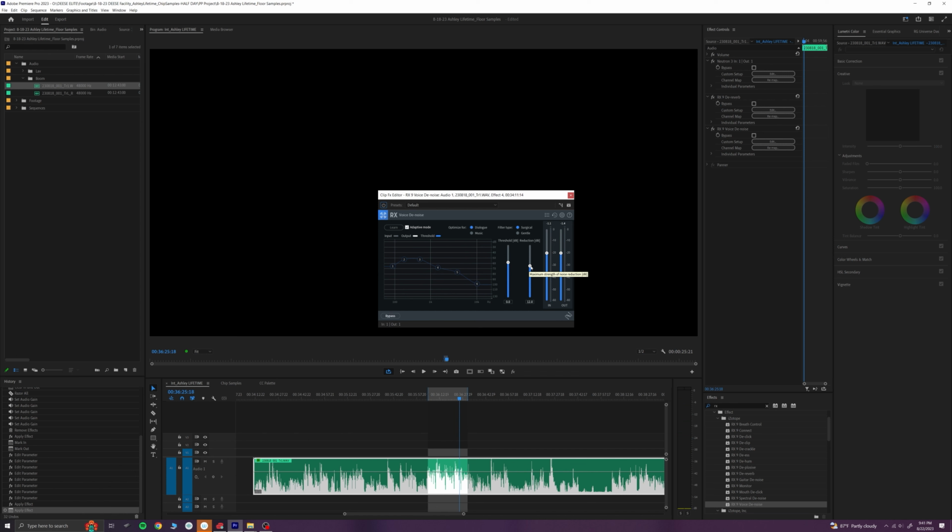So by default, it's too dead for me. So I'm going to go ahead and back it off a little bit. I'm also going to find where my threshold really needs to be. So this is what I personally do. I'm going to raise the reduction all the way up so it's just over the top, and then I'm going to gradually bring up my threshold until I feel it affects what I need it to affect. Then I'm going to back off the reduction until it feels like just this light, gentle touch that's not as